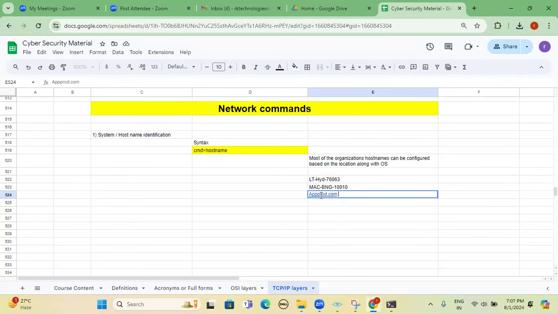So prod means production. So it's an application server. It's a production environment. So now one more example, uatdb.com. So user acceptance test database server, and it's one of the testing servers related to database. So according to that, we can give our convenient way, our host name, our computer name, our fully qualified domain name. So these names are like synonyms, so that whenever